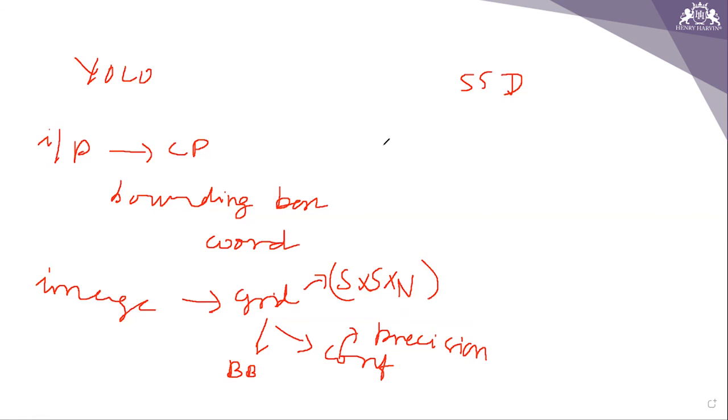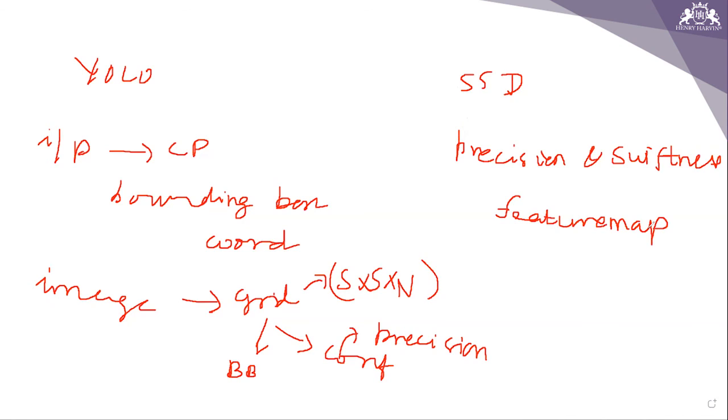So single shot detector attains a better balance between precision and swiftness, right? And swiftness. So it runs a convolution network on the input image only one time, and it computes a feature map. Now we run a small 3x3 sized convolution kernel on this feature map to foresee the bounding box and categorization probability. So SSD also uses anchor boxes at a variety of aspect ratios, which is something similar to Faster RCNN, and it learns the offset rather than learning the box.